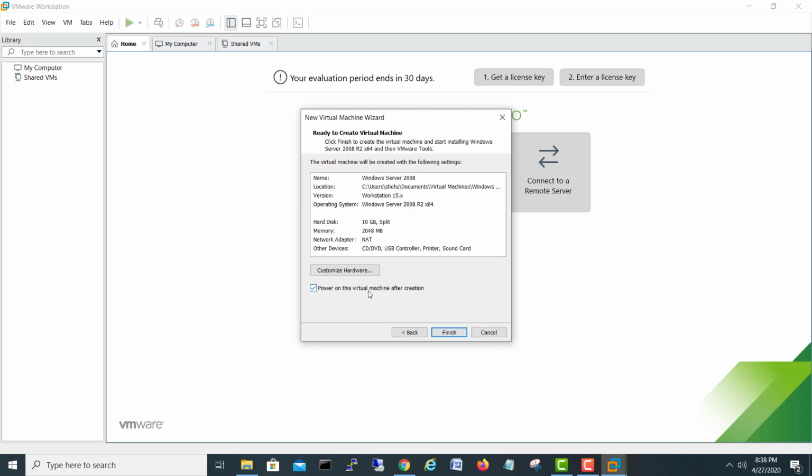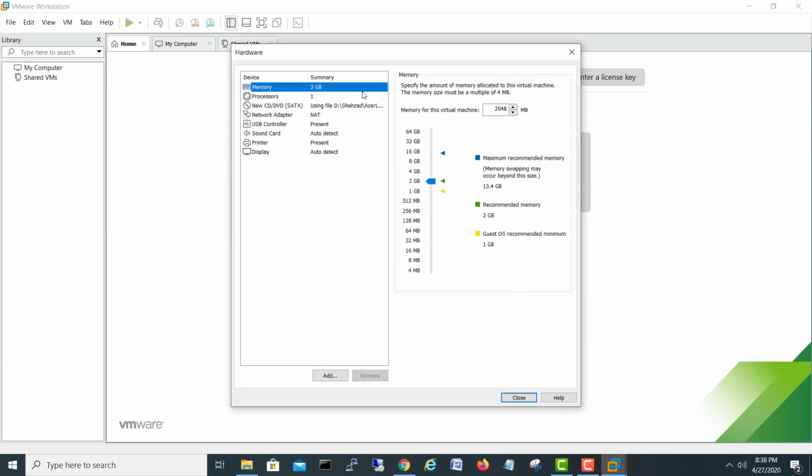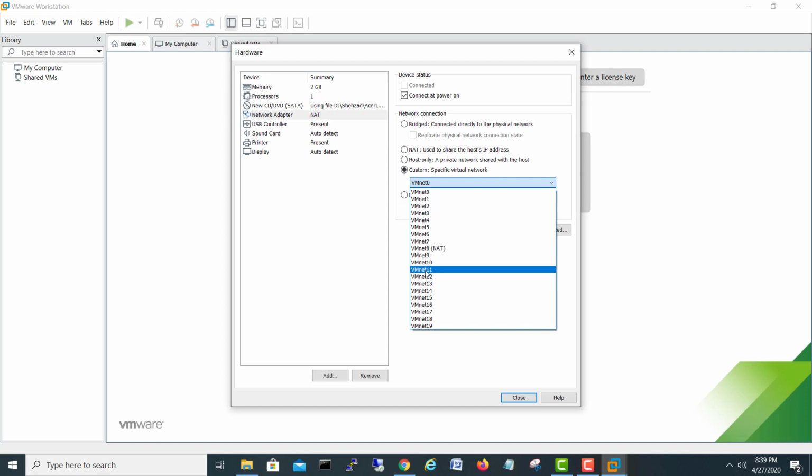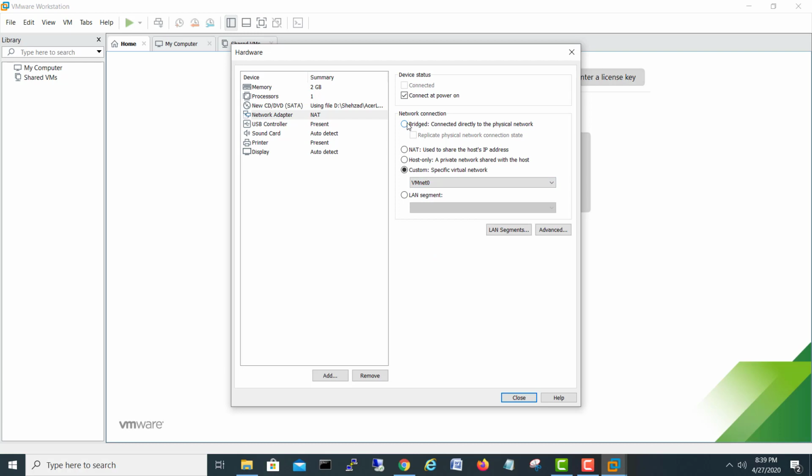And this is the option to power on the virtual machine after creation, and if you want to customize the hardware you can do it. Here are the memory and processor, and the network is NAT now, but you can choose virtual switches. These are all your virtual switches, or you can also bridge with your physical adapter, which goes to your internal network or whatever. It will choose your LAN card, which is the hardware LAN card of the laptop or desktop. So if you want to use custom, you can use custom